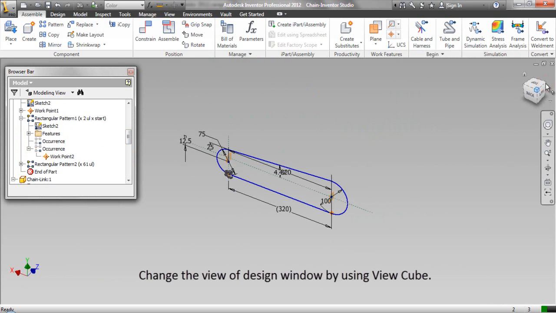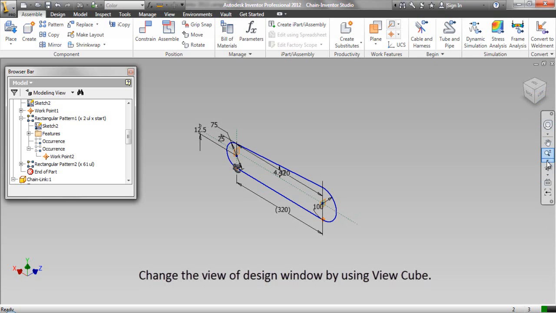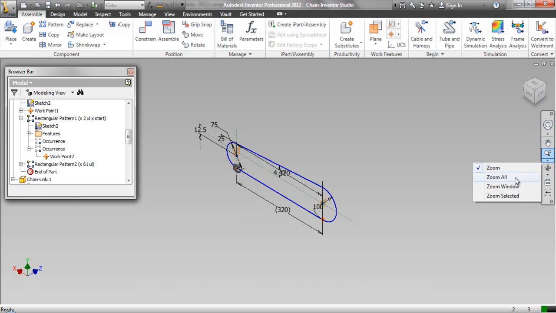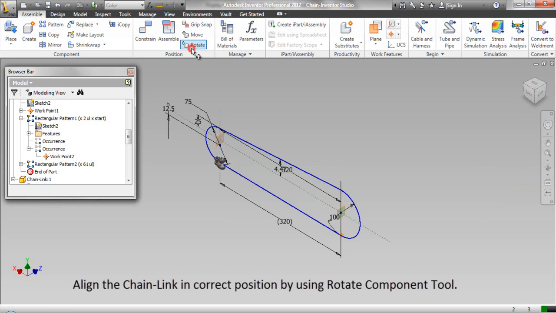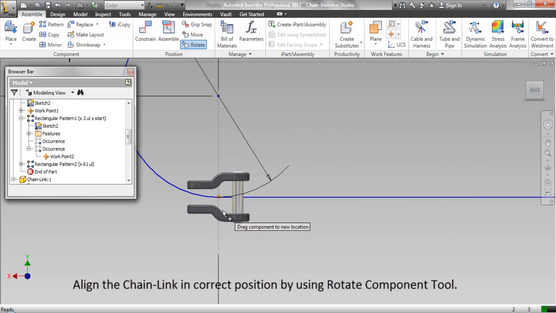Change the view of design window by using view cube. Align the chain link in correct position by using rotate component tool.